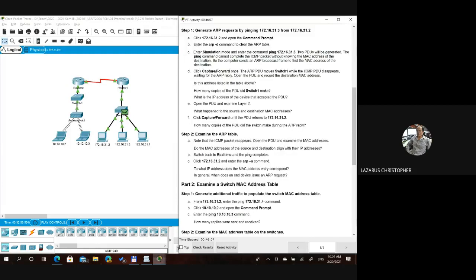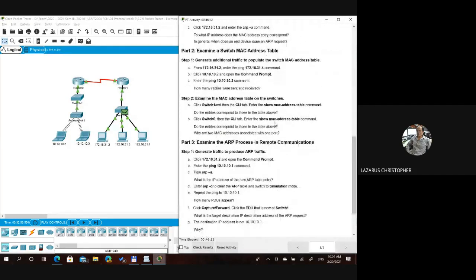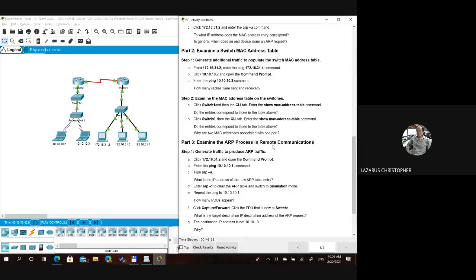Right, so I'm going to go now to part 2. In part 2, we want to examine a switch MAC address table. All right, so I need to reset my simulation because I want to continue on this one. So generate additional traffic to populate the switch MAC address table. So the switch is there. This is the switch because we are still working in this LAN, and the switch